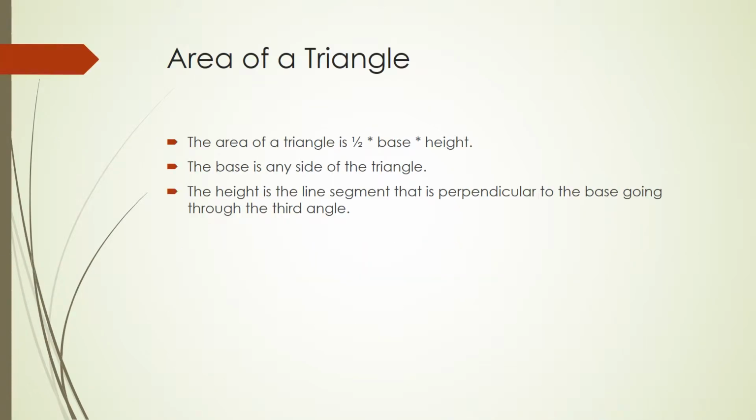So as you may remember, the area of a triangle is a simple equation. It is merely that the area is equal to 1/2 the base times the height. Alright, so the base could be any side of the triangle, while the height has to be perpendicular to the base. So for instance, if we have a right triangle,